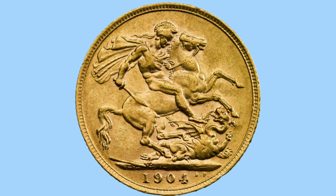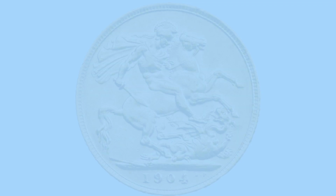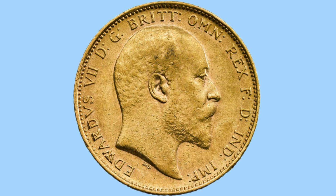And around the rim we can see little rectangles have been carved out all along the rim. These are there to prevent the coin from being clipped, so no metal content, no gold can be stolen or shaved off of this coin, therefore devaluing the coin, as it was worth its weight in gold back in the day. And now moving on to the obverse of the coin, where we can see a portrait of King Edward